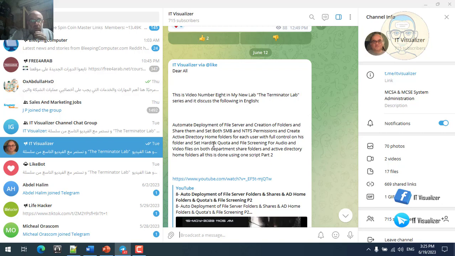We have been working on automating a lot of things in our lab. We have automated the creation of virtual machines. We have automated the creation of Active Directory services, the Active Directory objects, and the DHCP, and in the last video we have automated the deployment of the file server. We have automated deployment of the file server and creation of folders, and sharing them and then setting different permissions, share permissions and security permissions or NTFS permissions,